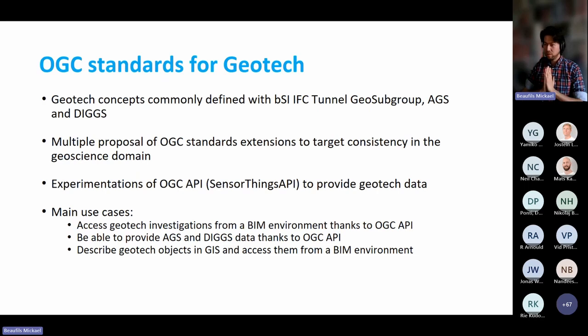You can think about also exposing data you already organized with AGS and DIGS thanks to OGC API. And also something we demonstrated was the possibility to access description of geotech objects in GIS from the BIM environment. So those are things we imagine would really help in order to target BIM and digital twin for geotechs.